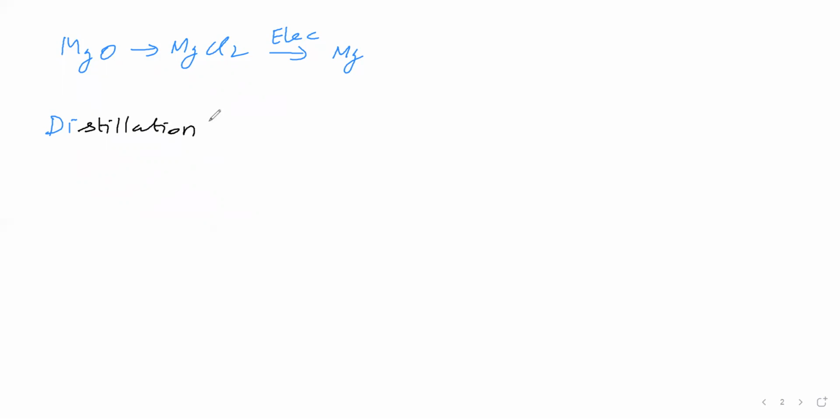In distillation, what is the condition? The metal should have a low boiling point, and the impurity should have a high boiling point. Then by heating, the metal vaporizes easily because its boiling point is low. By condensing this, we get the metal. The impurity has a high boiling point, so it does not vaporize, and we can separate it. So if the metal has a low boiling point and the impurity a high boiling point, they can be separated